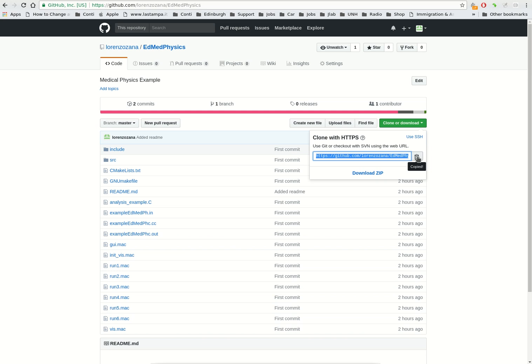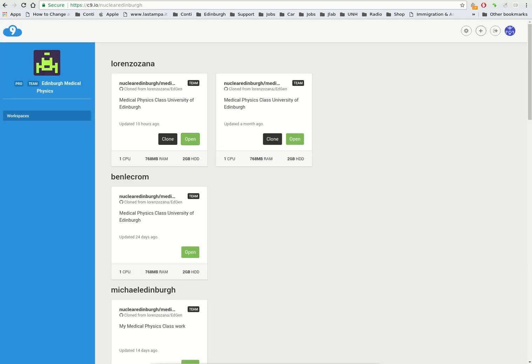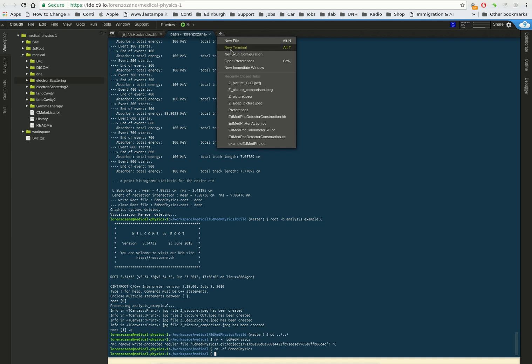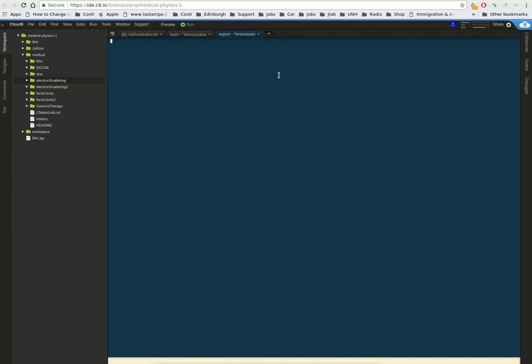That saves it on the clipboard of our computer, and from this we go back to Cloud9. Just for simplicity, create a new terminal here, so back in our workspace we have a clean terminal, and what we need to do is